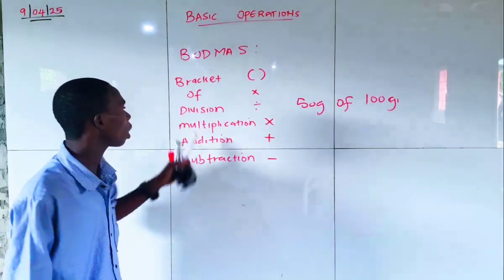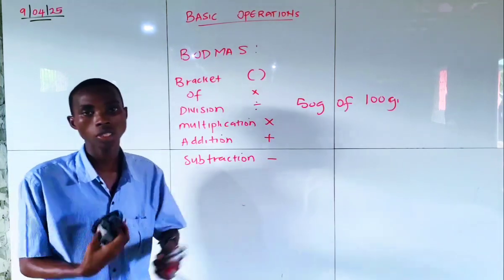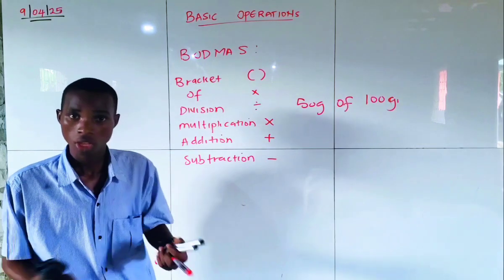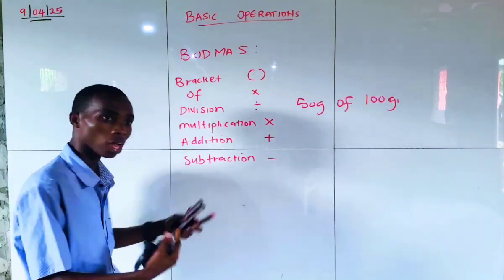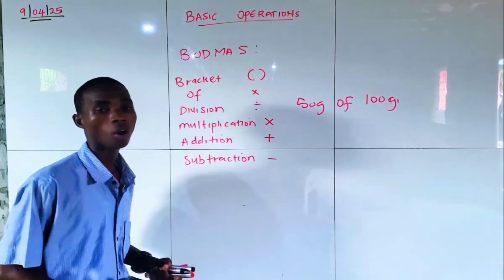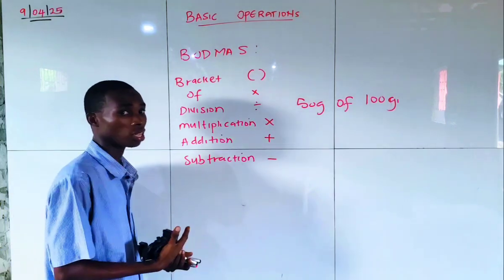Now when we are talking about division, you know what division is talking about? To divide, and then you get your answer. And multiplication is still the same thing as the of, so you multiply also. And then addition is just to add two numbers in order for you to get your answer. Subtraction is removing one number. You're using one number to remove the other number,